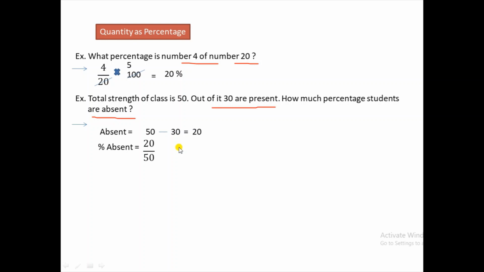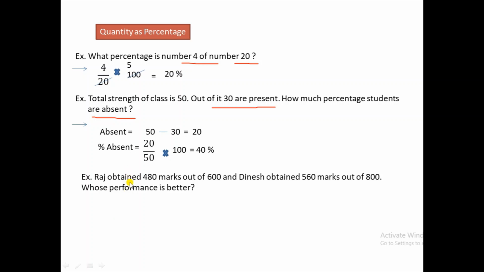20 are absent out of 50. So what is percentage absenteeism? Out of 100, how many are going to be absent? It is 20 by 50 into 100, which is simply 40%. So 40% of students are absent. And if you want to calculate the present students as a percentage, it will be 30